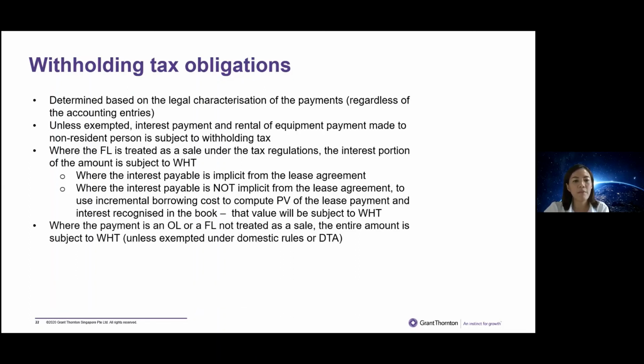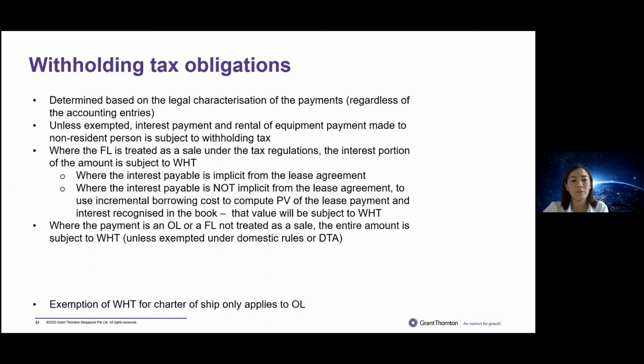As for operating lease or finance lease not treated as sale, these two items we lump together. Effectively, the lessee is just renting an equipment from the lessor. So that in itself, most of the time you treat it as a rental expense and withhold taxes if it relates to rental of movable properties. But if in this case you are actually renting an office premise, so it's an immovable property, then withholding tax will not apply. Okay, so you will note here that withholding tax really depends on, in substance,